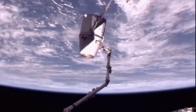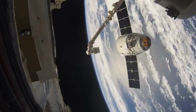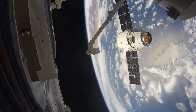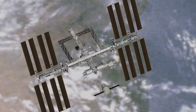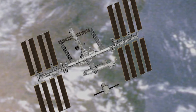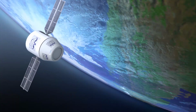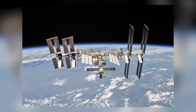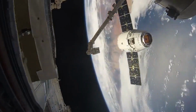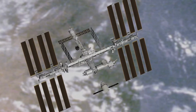This is one of the most dangerous problems the ISS has had in a long time. It comes after decades of collaboration between the 2 countries to run the station, which cost the United States $1.3 billion per year to operate. Even though the war in Ukraine is causing tension between the 2 countries, the US and Russia are working together to solve the problem. A decision is expected, which would show how much the 2 countries have depended on each other for the past 30 years on the ISS. The space station was made possible by the end of the Cold War. Its role as a geopolitical symbol of cooperation between the most powerful nuclear powers in the world has long outweighed